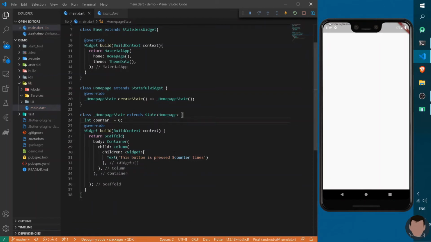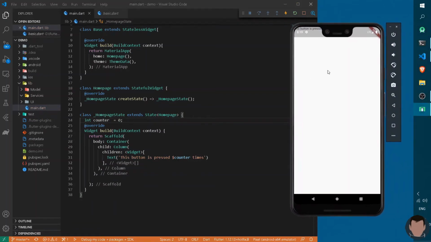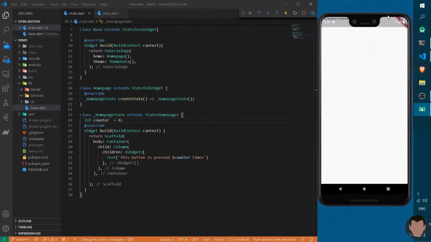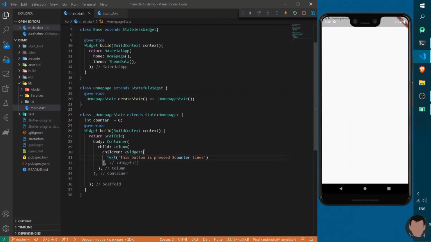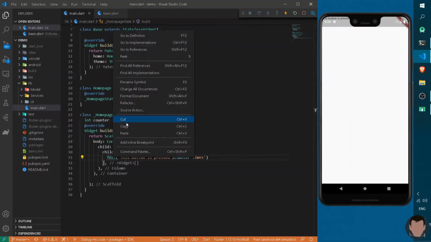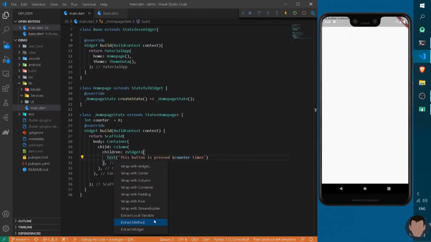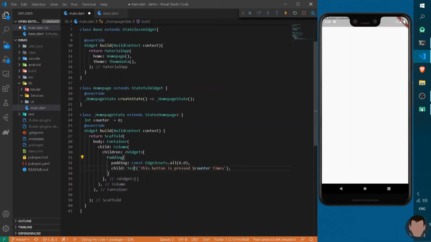Now you may see that the values are appearing in our app, but it's at the very top of it. So let's give it some padding. The easiest way of adding padding is going over the particular widget, right-clicking and pressing refactor. Now you will see all the options that you can refactor the particular widget with. So we can refactor the following widget with padding.